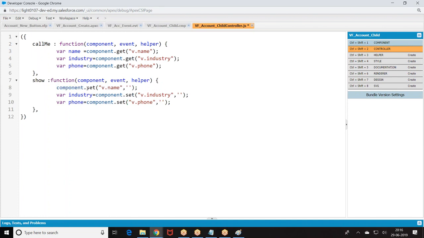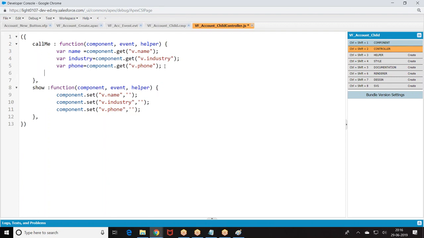Now we want to fire the event. My overall intention is to create an account and a contact, but the contact should be created for this account. My overall intention is to create an account with a contact. Contact data I will take from VF, account data I will take from here. The contact should be created for this account.